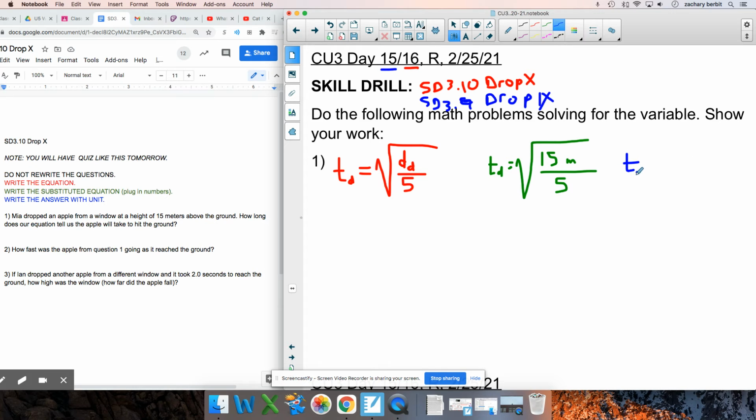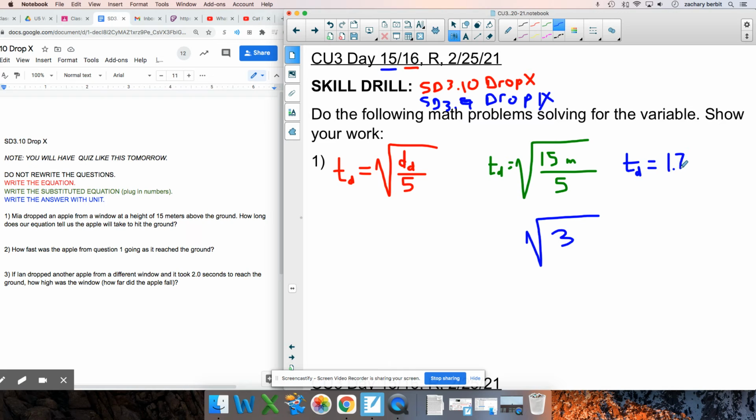Time to drop is. Now, I hope you're doing your math correctly here. This is 15 over 5. You do that first. So this is really, you can write a little intermediate step here. 15 over 5 is 3. So it's a square root of 3. And so the time to drop then is roughly